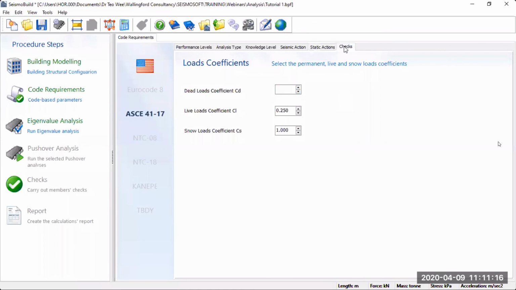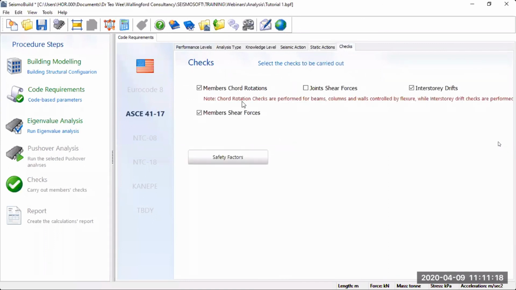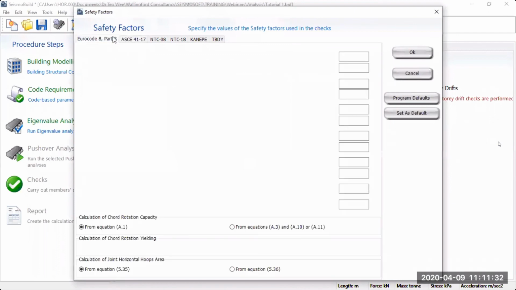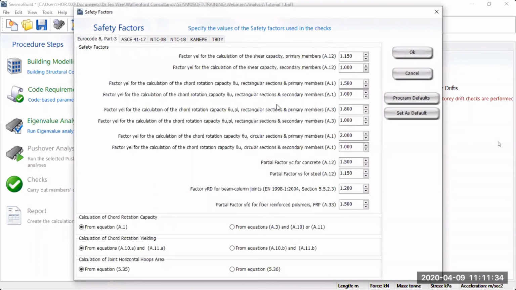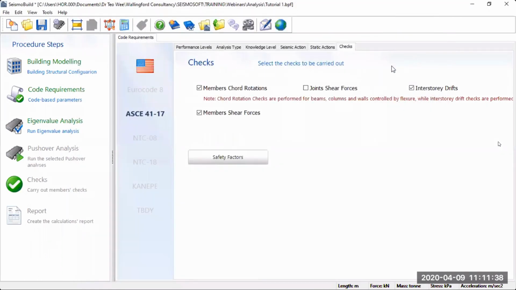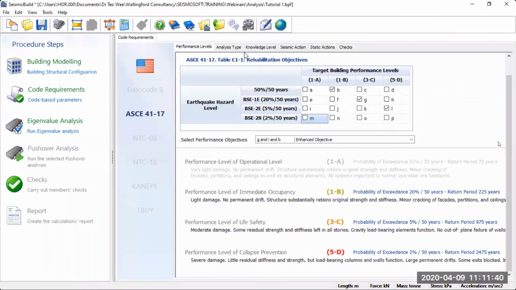All right, and also this part here is the check. What kind of check do I want to carry out? I carry out based on the standard check. This is the moment, chord rotation and shear check. And also this button here includes the safety factors. You include all the safety factors for different codes, but in this particular case it is ASCE 41. In Eurocode there will be a lot more. You can see Eurocode is a lot more detailed. For this ASCE 41, we click OK. You don't change it. So once we're happy with all the requirements, we can go to the next step now